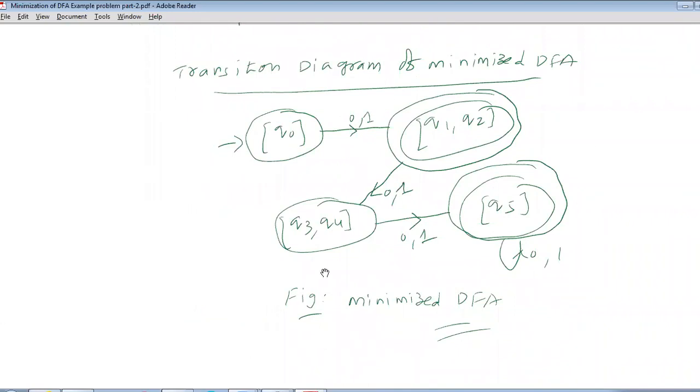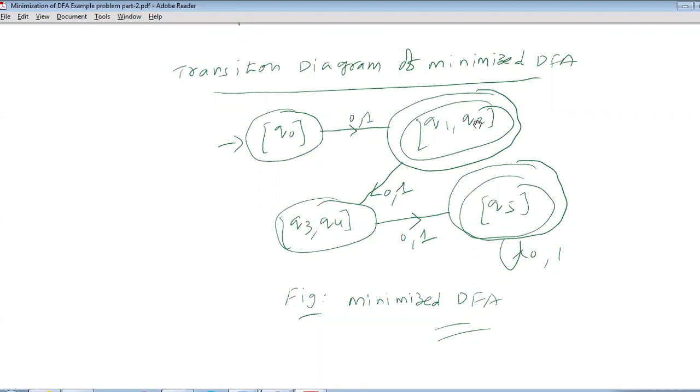First, all states you can represent within circles. Then for the initial state, you can draw an arrow prefixed to that circle. So an arrow is drawn for the Q0 state, which is the initial state. Then final states are represented within double circles. Q1, Q2 is one final state, so it is included in a double circle. Q5 is another final state, so this is also included in a double circle. Now, by seeing the above table or delta dash values, you can include the transitions by drawing an arc or edge between the states. Then on the arc or edge, you can label all the inputs associated with the corresponding transitions.